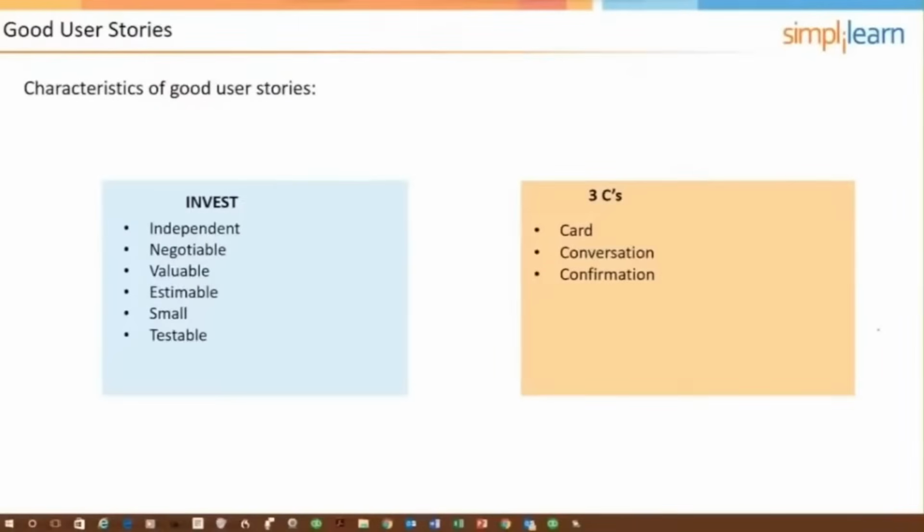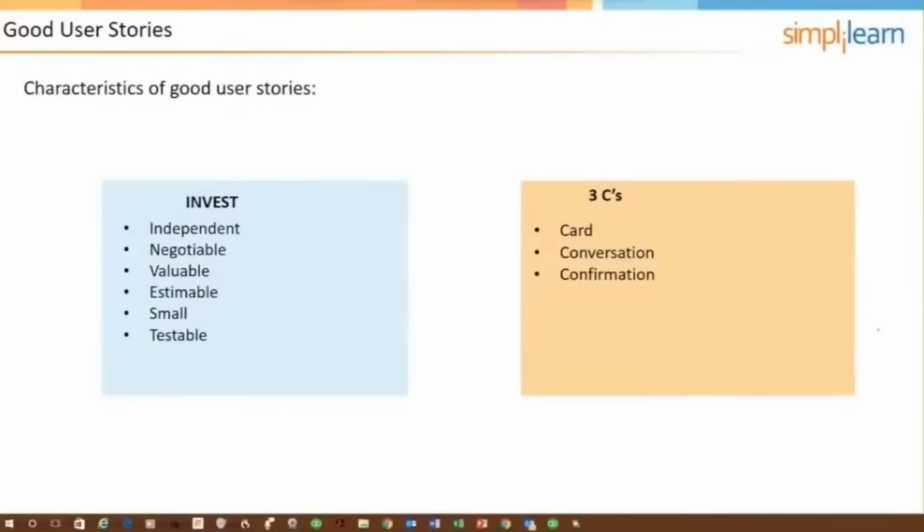The user story card is the item that is used for the team and the product owner to talk and discuss in order to make sure that the product owner and the team are on the same page when it comes to what is actually supposed to be developed and